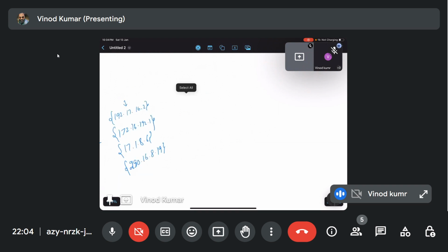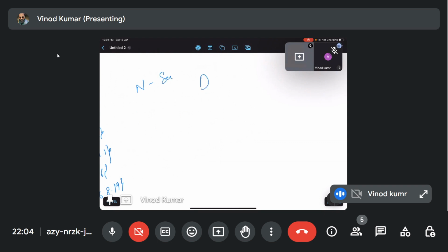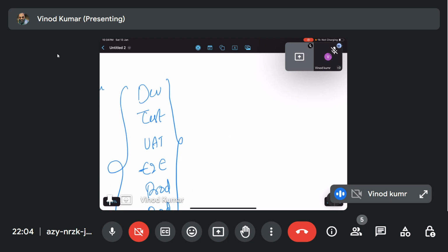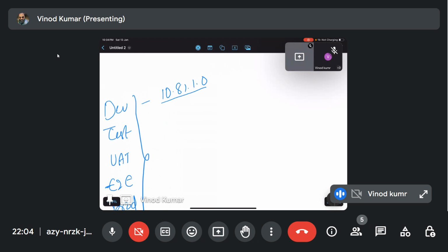For example, you have n number of servers in all the environments. You want to create all the setups: dev environment, test environment, UAT environment, end-to-end environment, prod environment, prod backup environment, and prod DR environment. For all this, you need to set up the sequence of the servers, like which IP you want generated for each environment, and it should be generated under that IP only. For example, you want to start the sequence in dev at 10.81.1.0, so the IPs will start from your dedicated network.